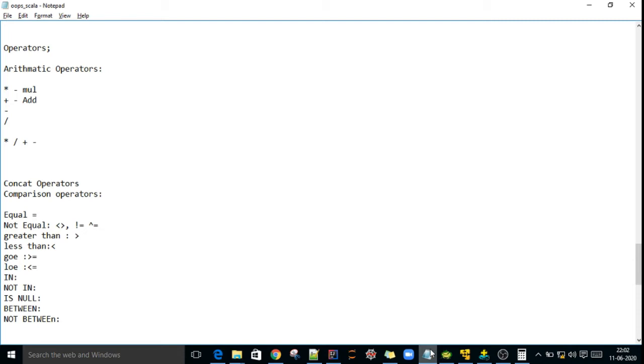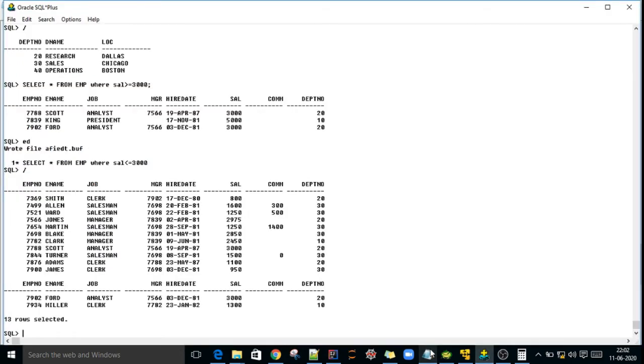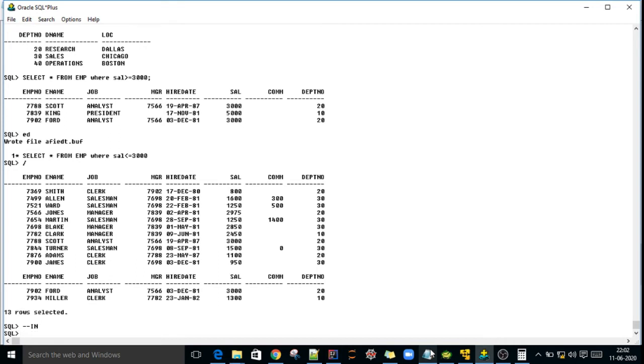The next operator is in. We will use in if you want to compare whether a value is available in a particular set of values.